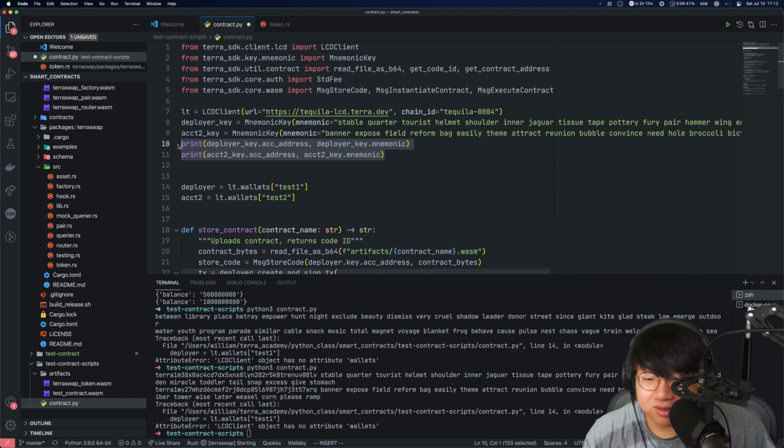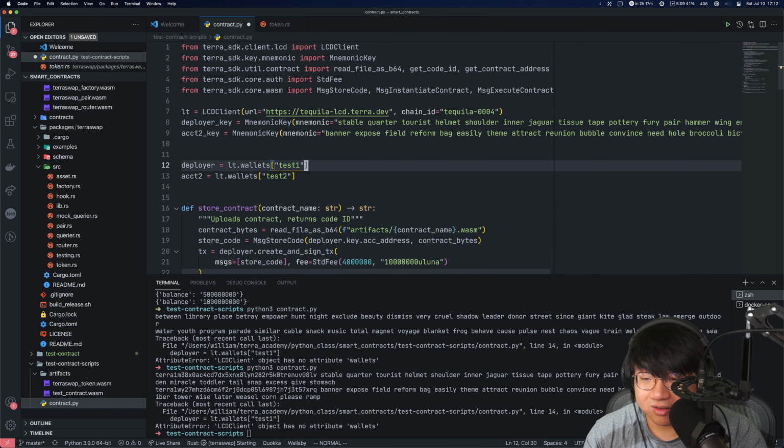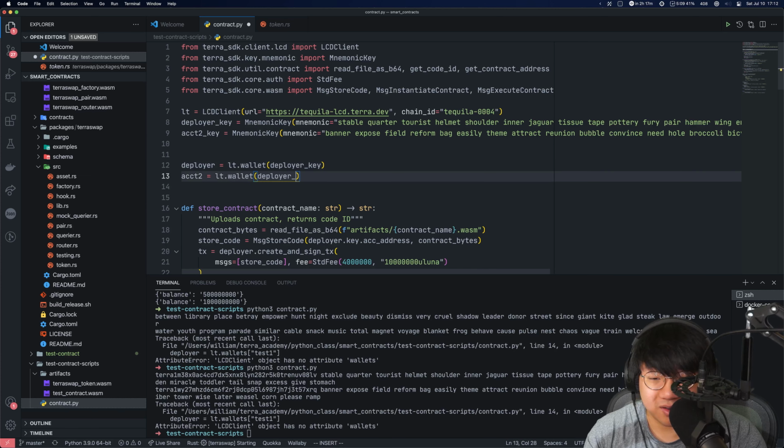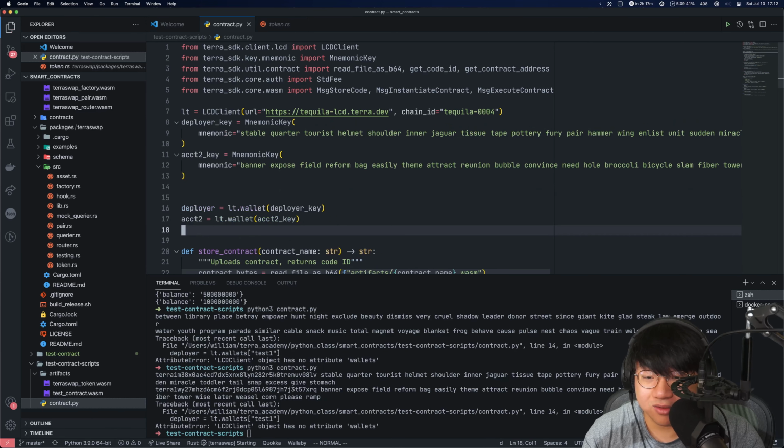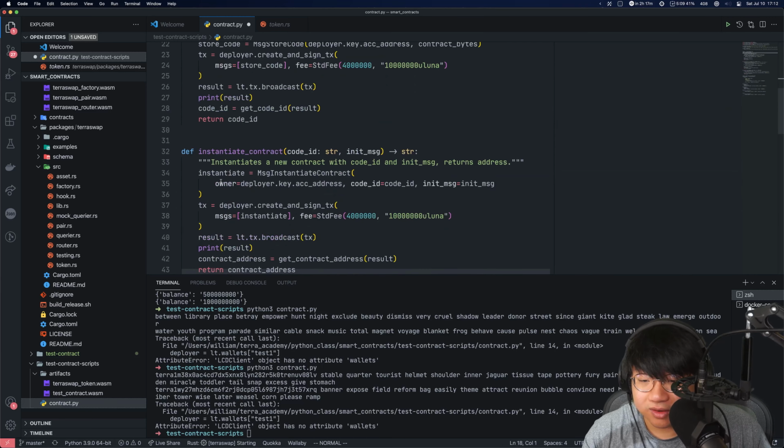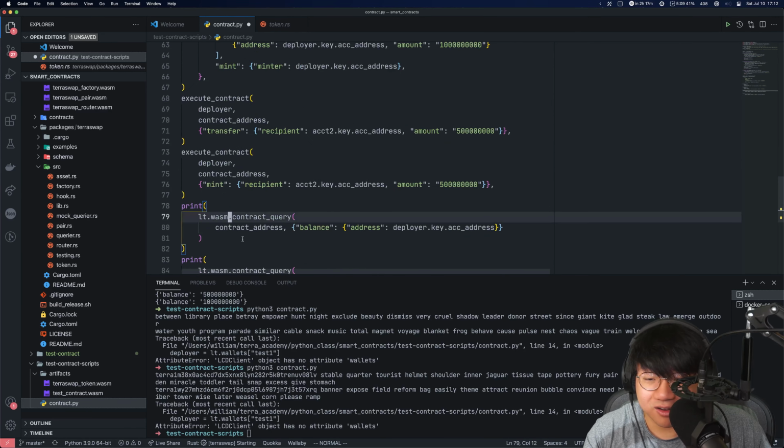Now we don't need this, and we can just set deployer lt.wallet of deployer key, .wallet of deployer key, account 2 key. Okay, now we have those as wallets, and this should work on Tequila now.